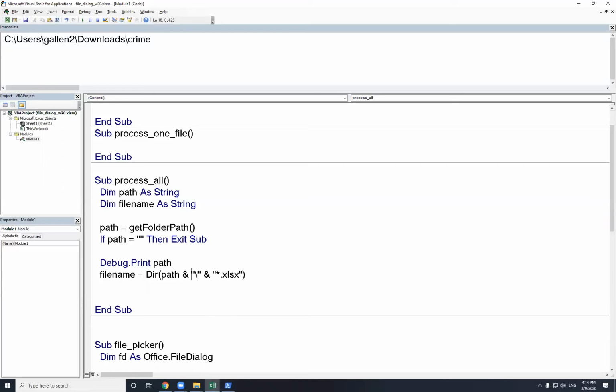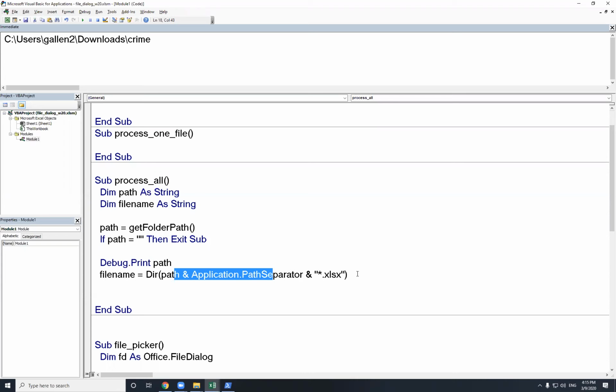So it turns out we can ask Excel which is the right path separator. And all I have to do is say application dot path separator. So if this is running on Windows, application path separator is \. If it's running on Mac, application path separator is /. So now this will work on Mac or Windows, either one just fine. Well, except that get folder path won't, because that only works on PC. But we're going to get rid of this before we're done today. And so, great, that should refer to that whole list of those files that I'm after, whatever the user chose,